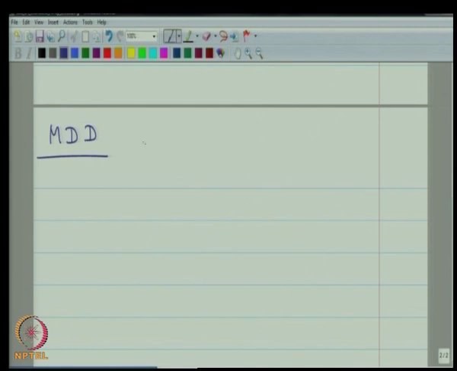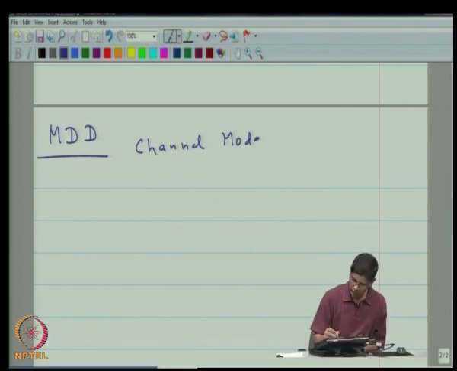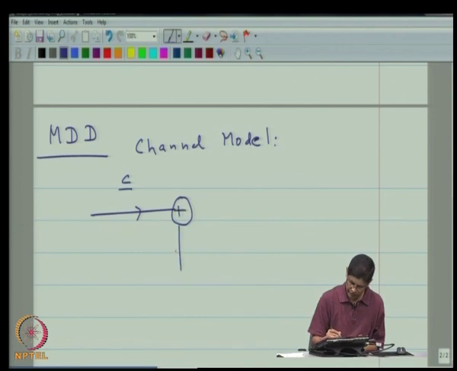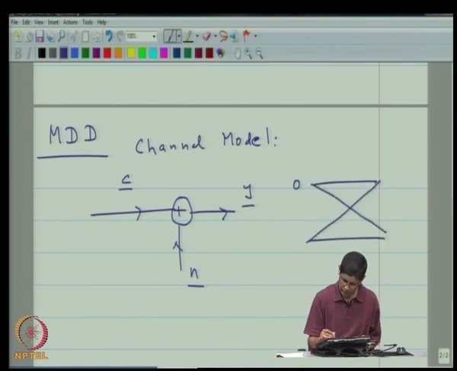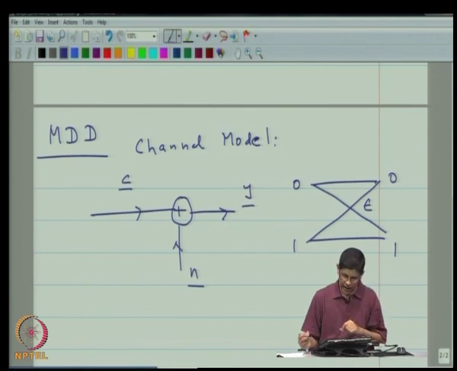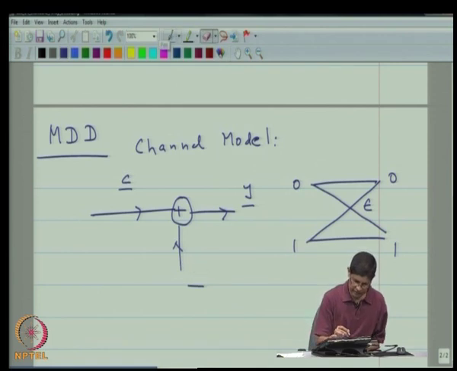Let us adopt the following channel model. That is, you transmit a code word C, there is additive noise that is added to it, and then what you actually receive is Y. Now, we are still operating over the binary symmetric channel, where the crossover probability is epsilon, and let me make one change here. Let me call this noise vector E,